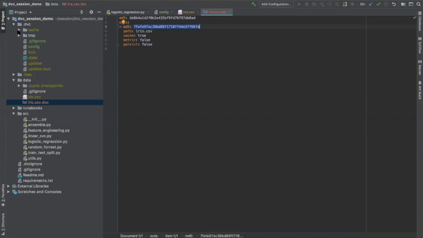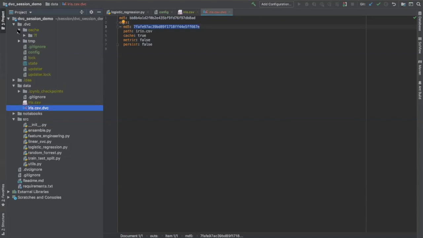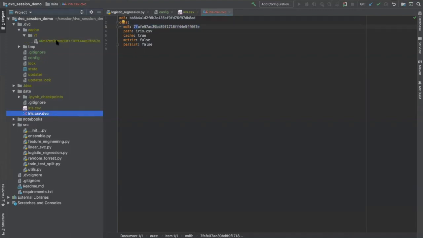If you see in the .dvc folder, there is a cache folder inside which it stores the different versions of the files. The first two letters act as a folder name, 7F, and the rest of them acts as the name of the file.